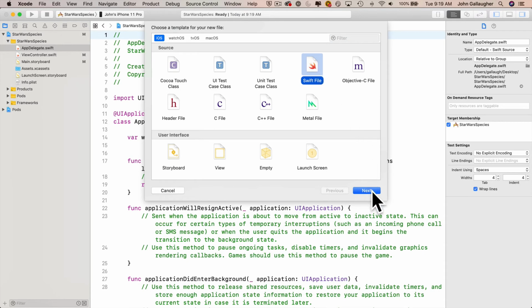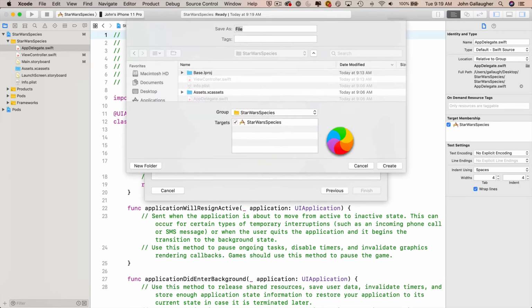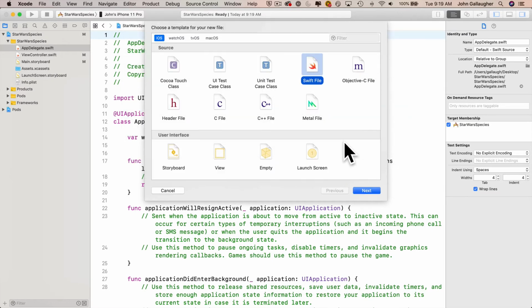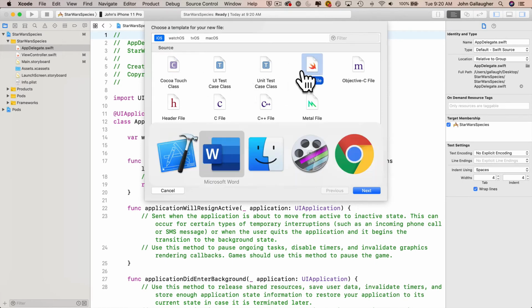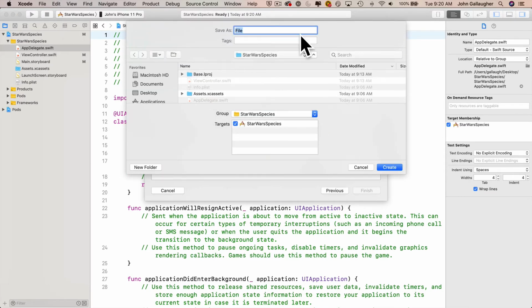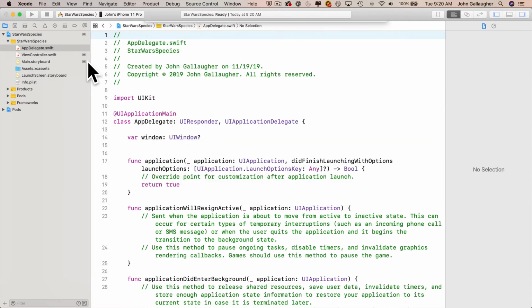I'm going to click on Swift file here, and I'm going to call this species data, and it's a Swift file. The reason why it's a Swift file, so I've got different choices here. If I were subclassing something that Apple had created, an initial Apple blueprint, like a table view cell, view controller, I would use a Cocoa touch class, and I would subclass what Apple has done, building on Apple's blueprint. But since there is no species data class, this is something new that I'm creating, I'm clicking on Swift file here. Both of those will create a Swift file, but this is a master class, or the sort of top parent level. And here I'm going to call this species data, and click on create,